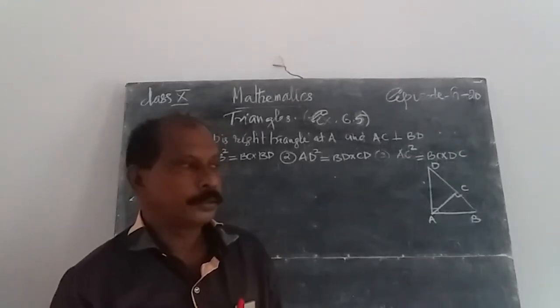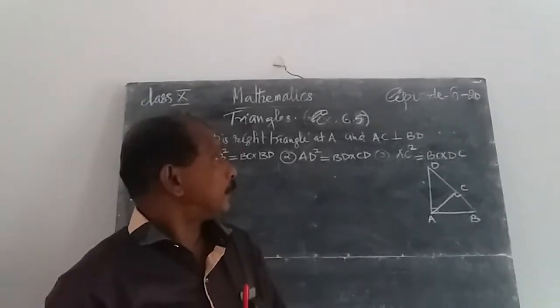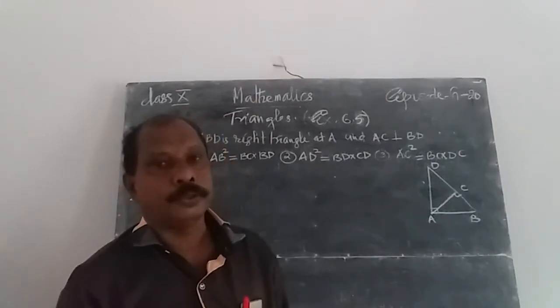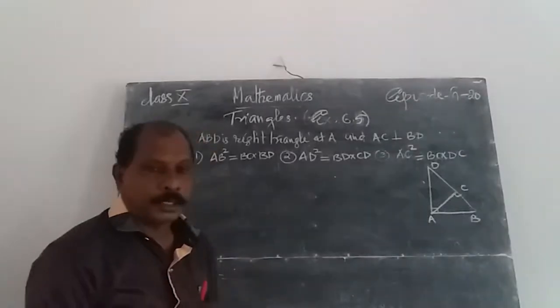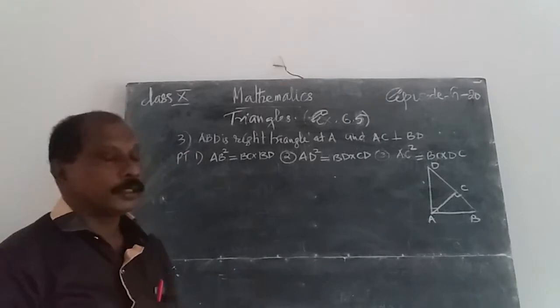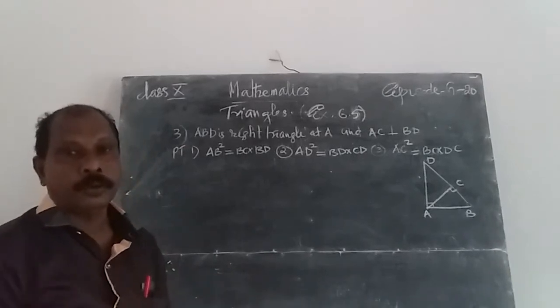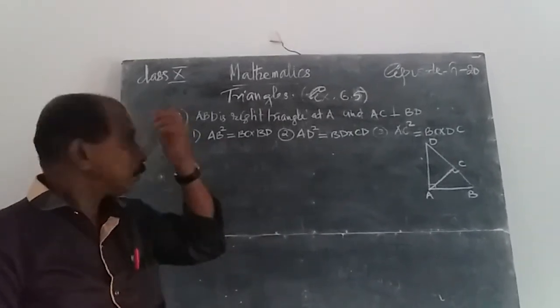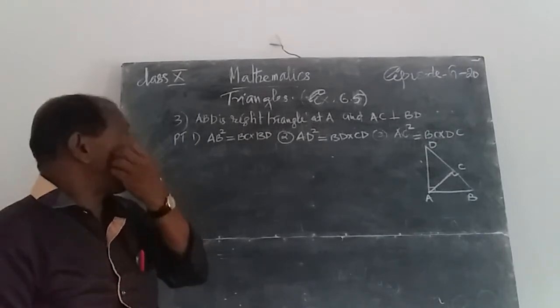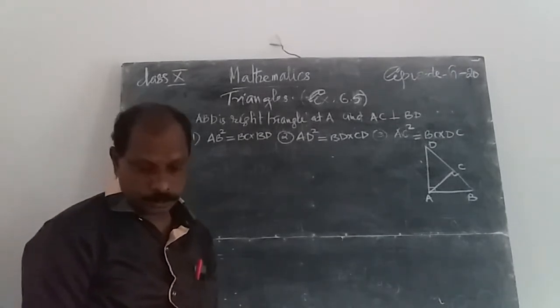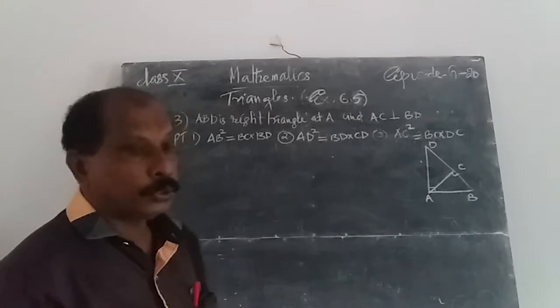Dear students, in this episode, that is D20, we continue exercise 6.5 of the unit Triangles. The first two questions we worked out, and the third question is